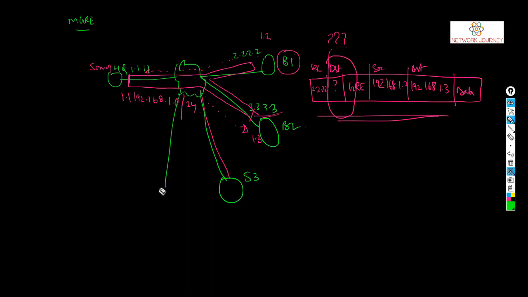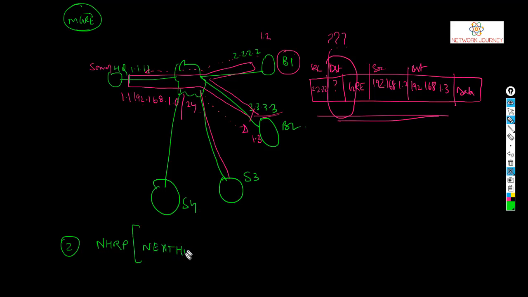Spoke 3, spoke 4, right? So how is the destination public IP going to be looked up? Okay, so to solve this issue, GRE makes use of the second component, which is called NHRP. The full form of NHRP is